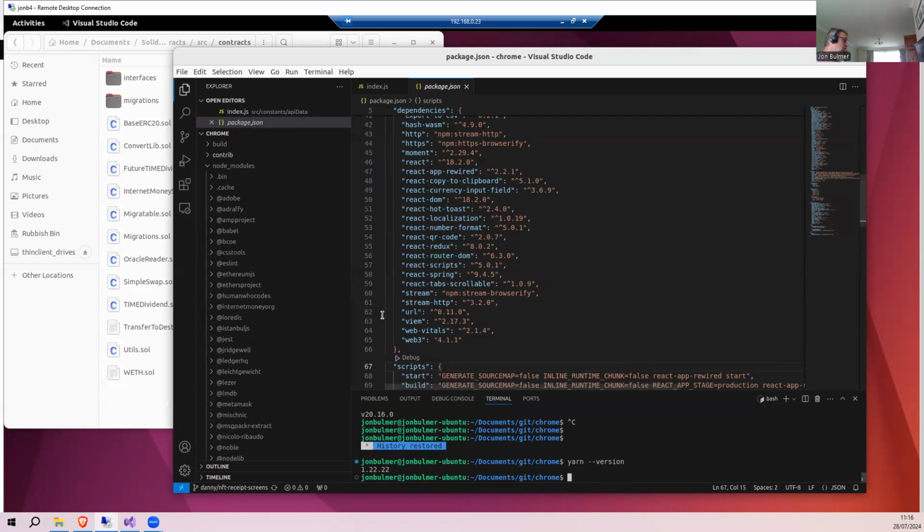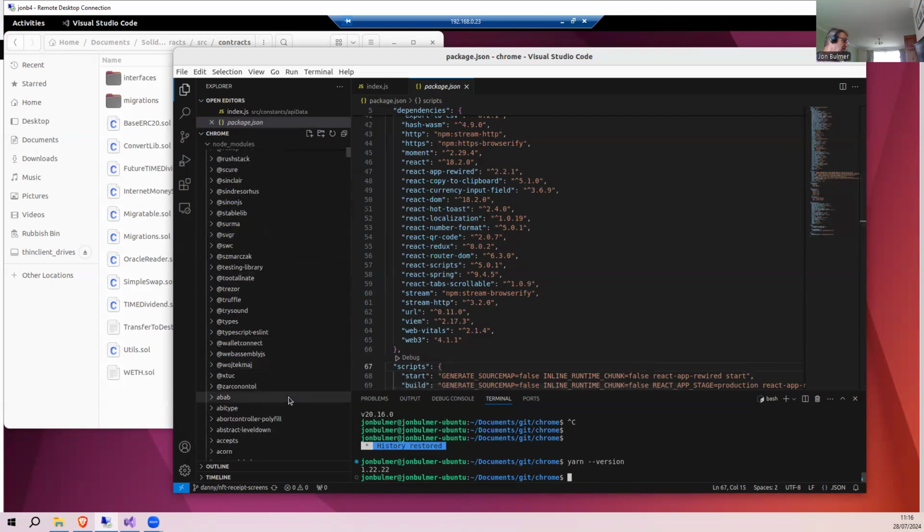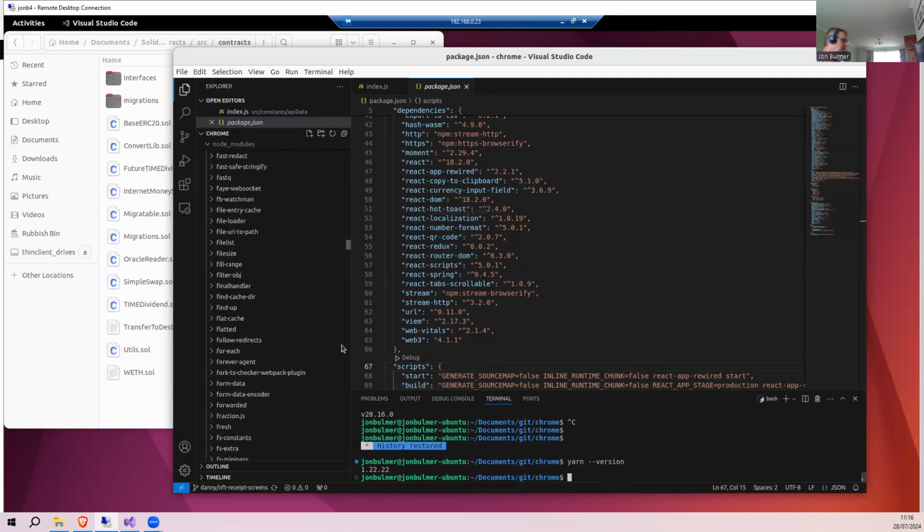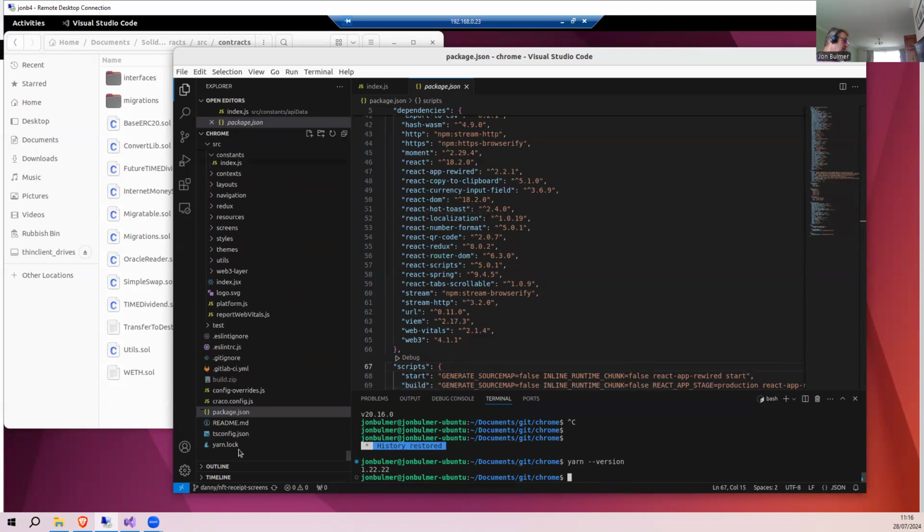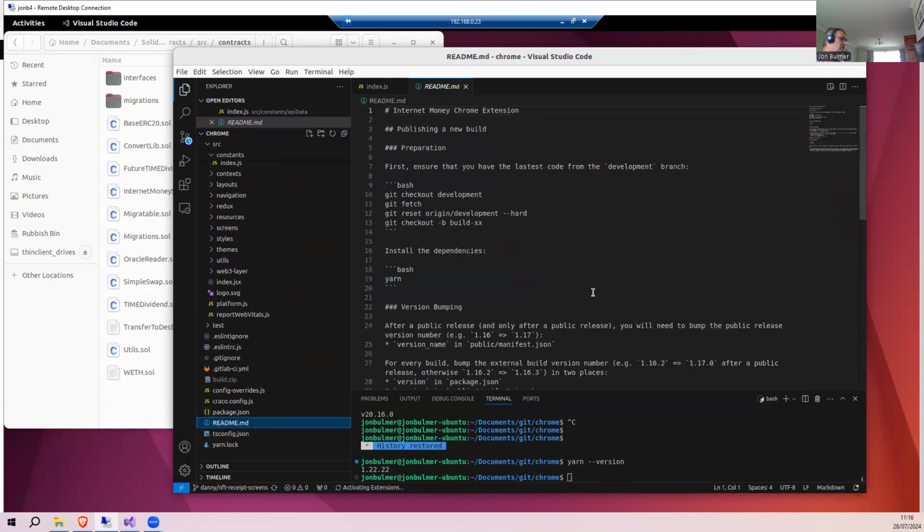If you have a look inside the source code that comes down, let's pull this all the way down to the bottom. There's a bit of documentation in this README, and it says get the files, then run yarn as that command, which goes and puts the modules in place, and then you can use the yarn build command, which I have used before. That will build the actual Internet Money site.